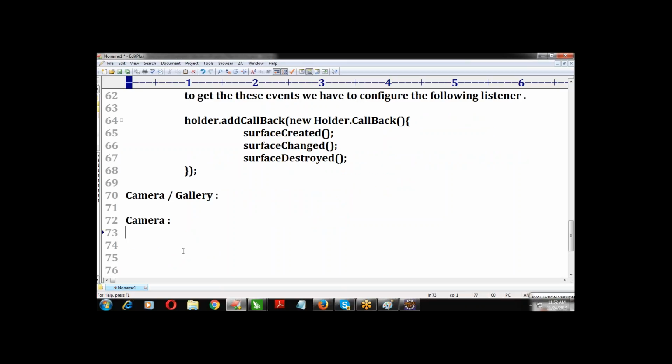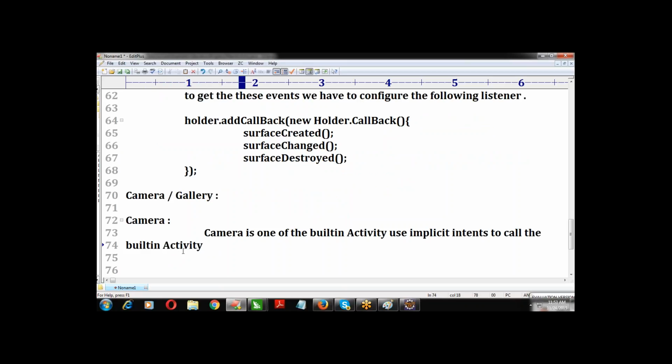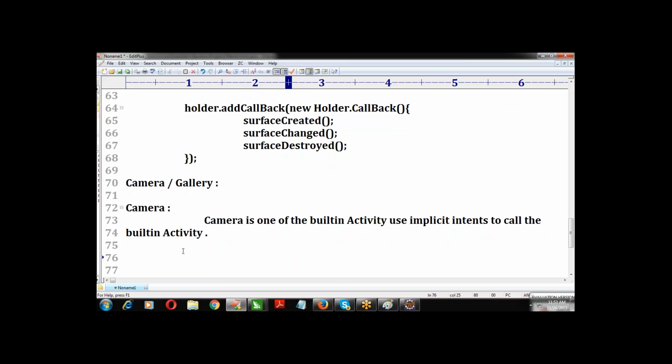What is the first one? Camera. Camera is one of the built-in activities. Use implicit intents to call the built-in activity. So if you want to call the camera activity, we have to